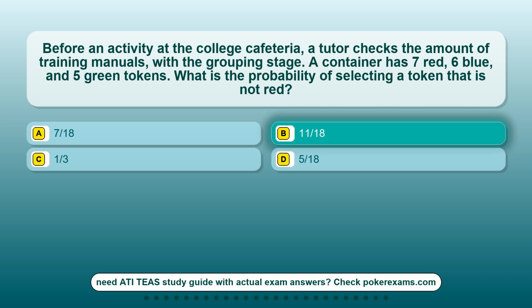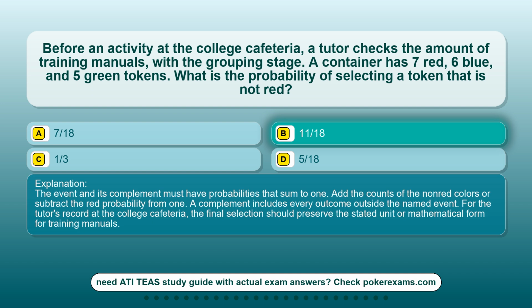The correct answer is option B, 11/18. The event and its complement must have probabilities that sum to 1. Add the counts of the non-red colors or subtract the red probability from 1. A complement includes every outcome outside the named event. For the tutor's record at the college cafeteria, the final selection should preserve the stated unit or mathematical form for